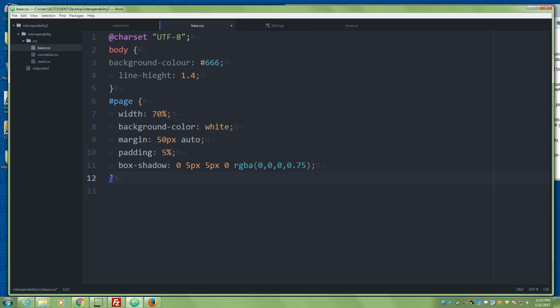Line 12, that's not a brace, obviously. Right? And here,